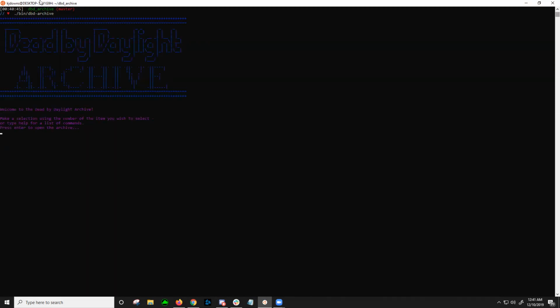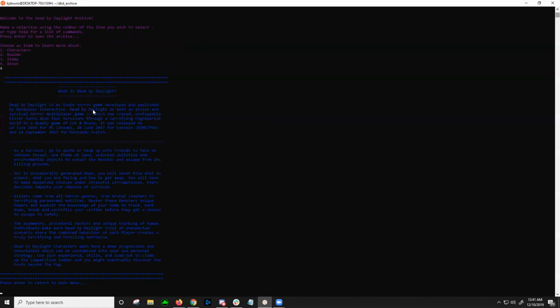And there it goes. It presents the user with a splash screen and welcomes them to the program. Then they just press enter to launch it, and it brings them to the main menu. There are 4 items that they can learn about: characters, realms, items, and they can also learn about the game. So you just select the number of the item that you want to learn about, hit enter, and it will